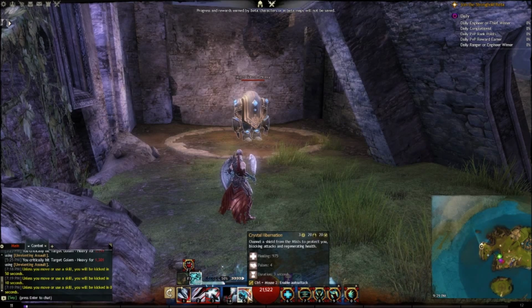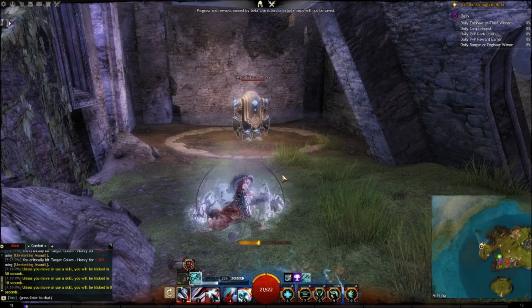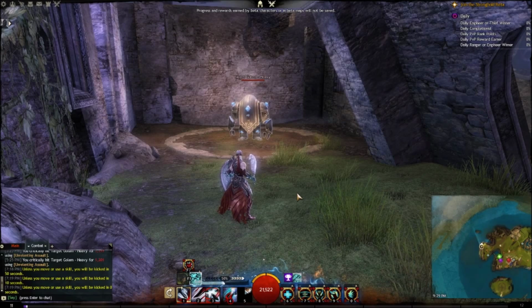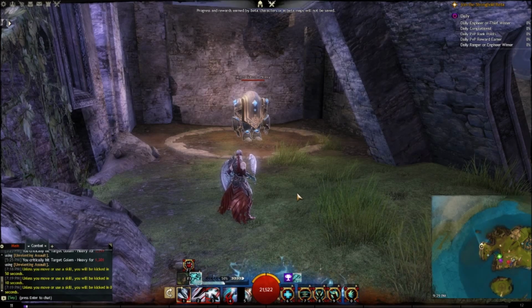The other ability here is Crystal Hibernation. Channel a shield from the mist to protect you, blocking attacks and regenerating health. Pulses 4 times. So we'll go ahead and use this here. Very simple graphic effect. Basically, the shield is built into healing and so forth. So that is the extra 2 abilities that you'll gain if you decide to use a shield while in the